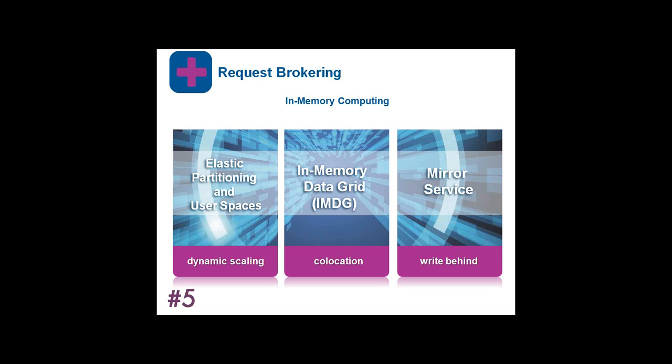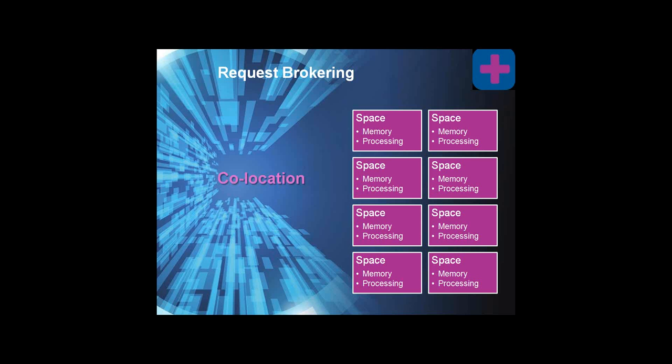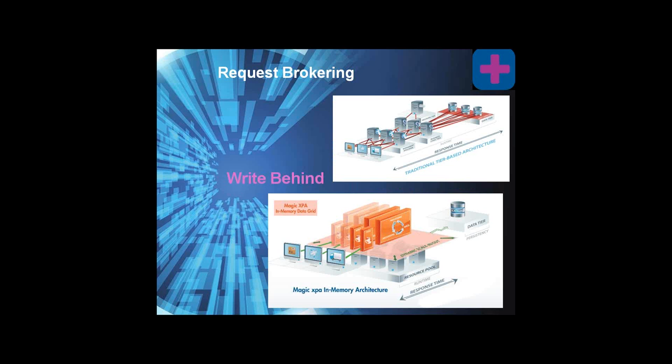It's called dynamic scaling. We utilize co-location of memory and processing capabilities so that you have a grid, and that means that you have high availability as a result as well. So that co-location approach allows you to make sure that there's always another area of memory and processing available for an incoming request, and also it executes it more quickly